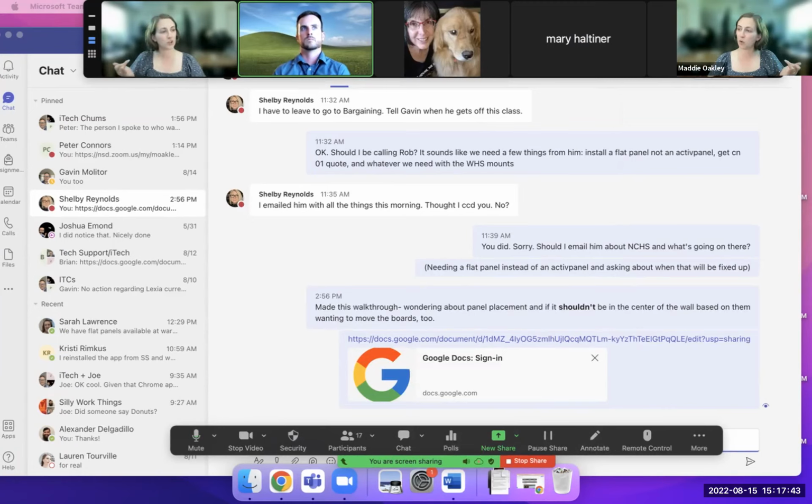Then once you've launched the poll, while it's running, you can see how long you've been running the poll. You can see real-time results as people post answers. And then you can also end the poll. And once you close it, you'll see the final results and you can click the share results button for everyone to be able to see them. You can also relaunch the poll if you'd like to.